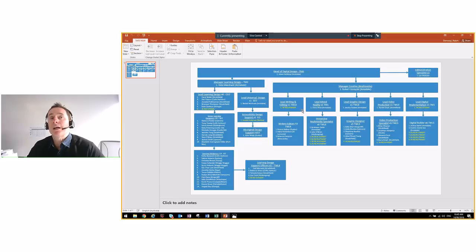And the last group here is called the Digital Implementation Team. That's a team of 7. They're all based here in Armidale. Essentially there are 2 key aspects to the role of this team. One is to build digital artifacts. So think of things like e-learning objects, or you might know them as Articulate RISE objects, basically building e-learning experiences that are loaded onto a learning management system or a learning platform.